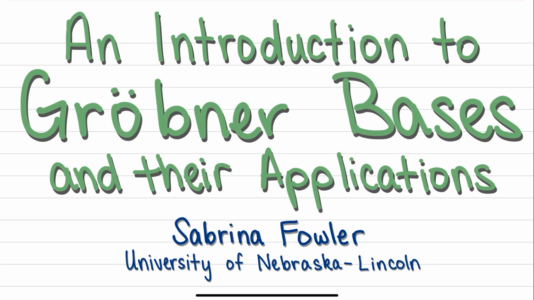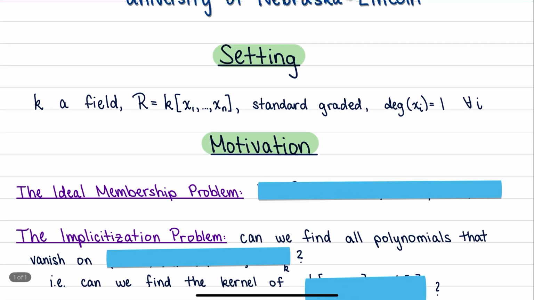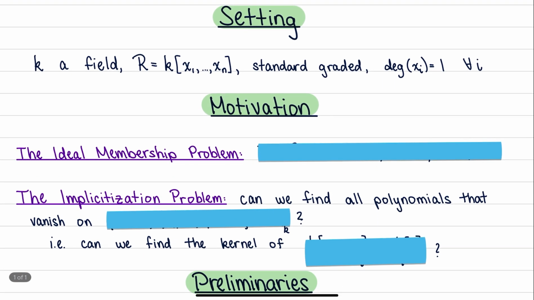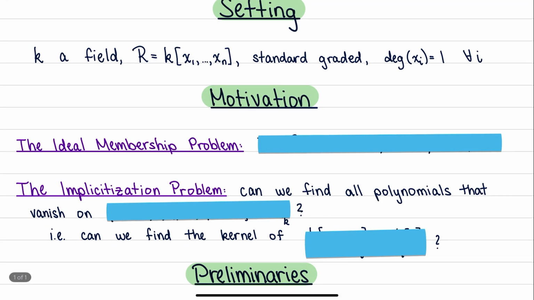Gröbner bases are a key ingredient in a lot of computations in commutative algebra. So today I'm going to tell you what they are, how we can compute them, and what sorts of problems we can use them to solve. Note that the setting for this talk is going to be a standard graded polynomial ring in finitely many variables over a field. And I want to begin by talking about a couple of motivating questions that we can use